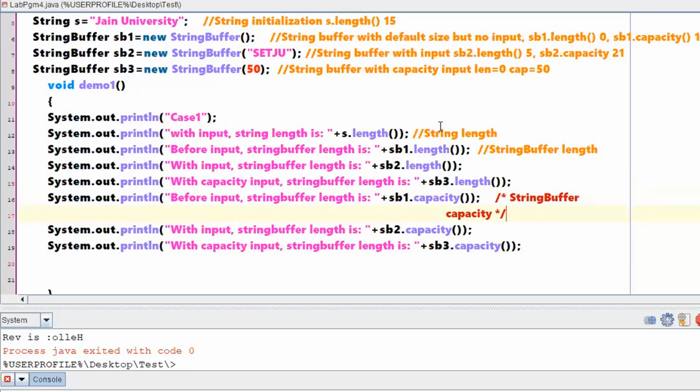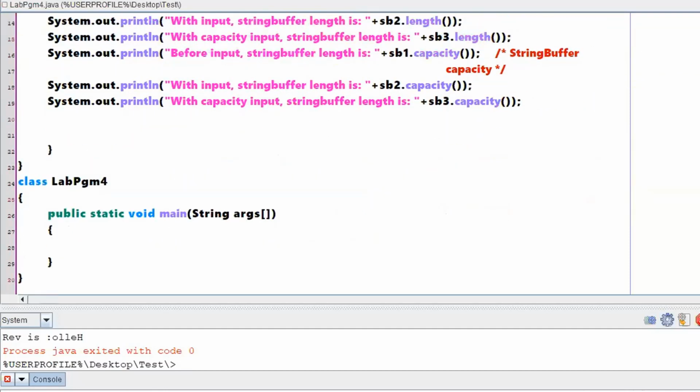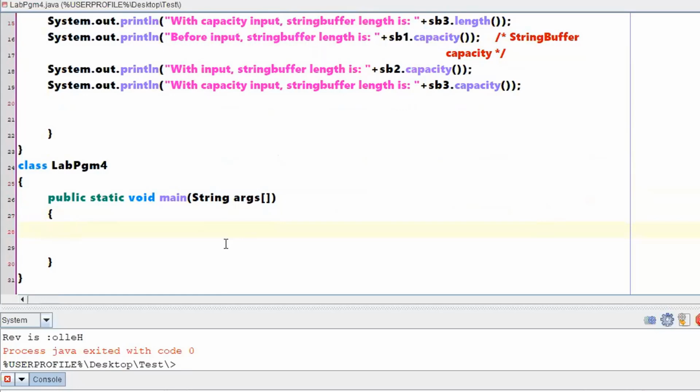Right. Shall we execute our first demo method? Demo 1. How to call this particular method from the main function. What is the class you have created? Cases, right?